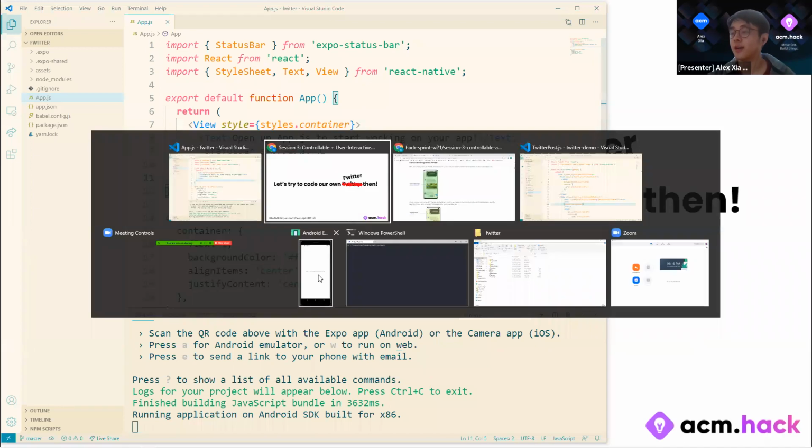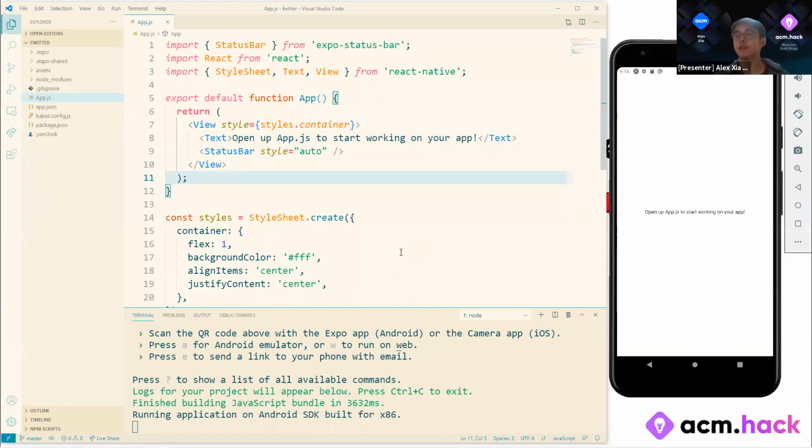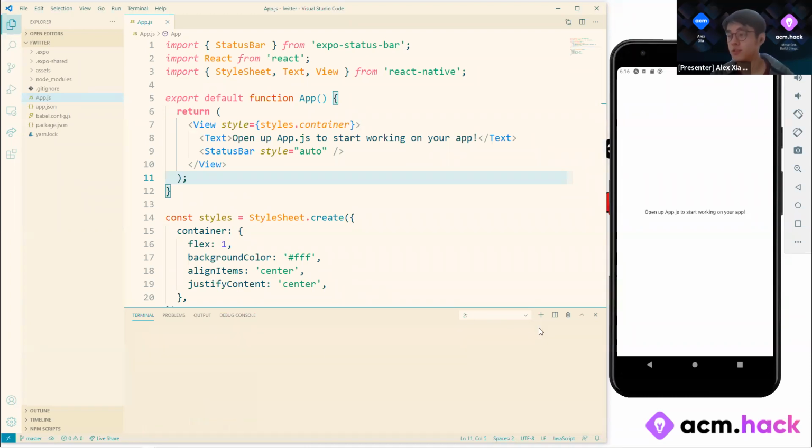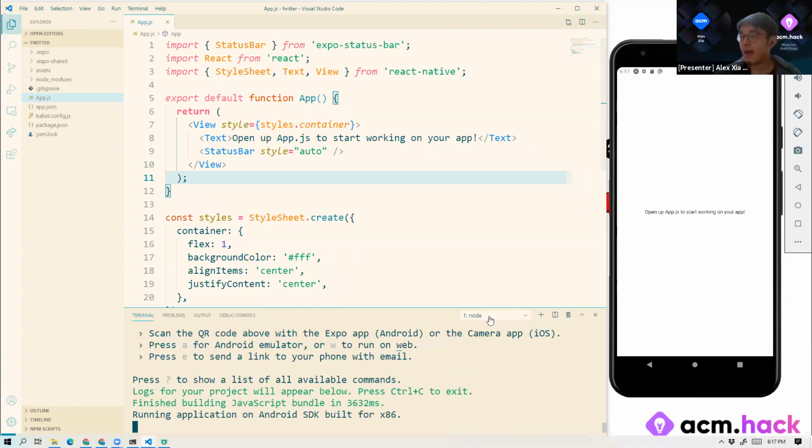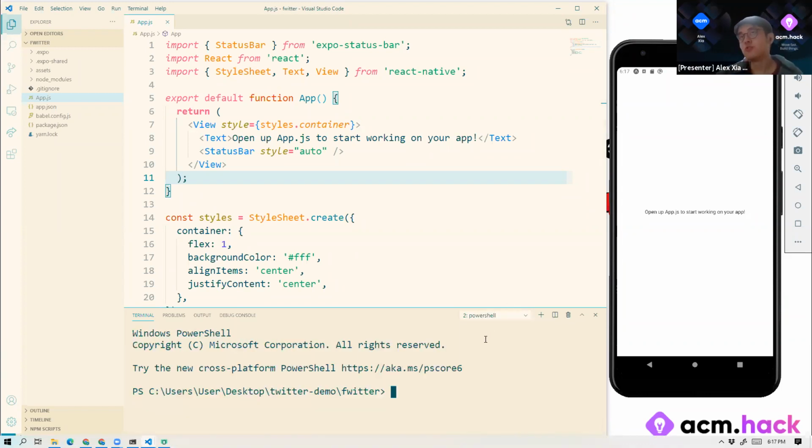So here I have an empty project. This is right after I did expo init. So in your terminal, you might want to do, for example, expo init footer. This is how I created my app. Note that footer could be named anything. This is just the name of it. It could be my app name. It could be anything. And I just pressed enter. I already did it, so I'm not going to do it now. But afterwards, it will prompt you to